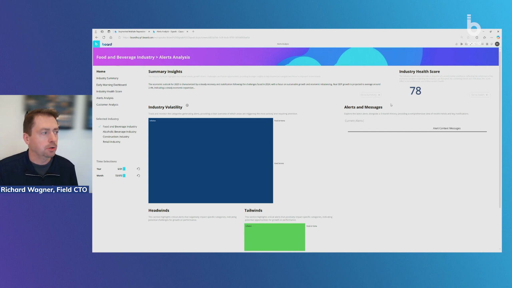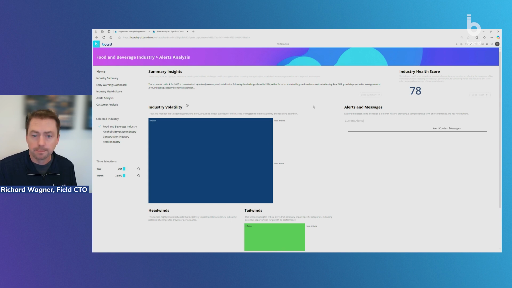The next thing I'll show you is really the alerts. So once we know that there are things you should pay attention to, we don't want someone to ignore it. And we don't want you to have to come back every day, look through those indicators and see if there's an alert. We've got smart alerts that we set up by default that shows things like inflation, which matters to all retailers and consumer packaged goods, pretty much all companies right now, that if we see something that's concerning, maybe it's increasing several periods in a row, maybe it's increased dramatically, then we'll send a proactive alert, an email to you directing you back to Board Signals so that you can see what we found and take action with your business